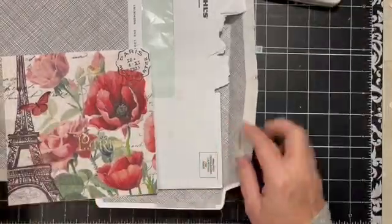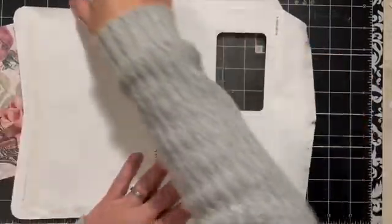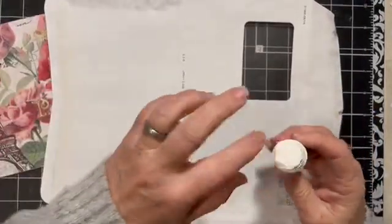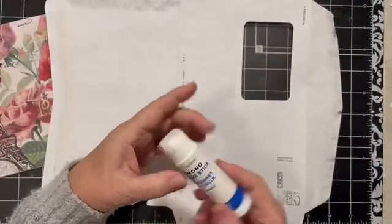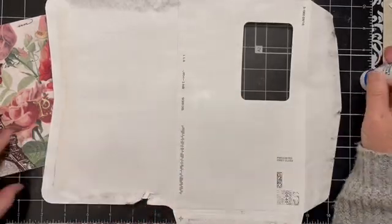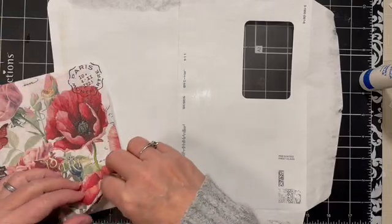So we're going to start with the napkin, and I have my large envelope here, and I want to put this napkin onto this envelope. I have my mono glue stick, and I get these at Spectrum Art Creations. Oh, you know what? Before we do that, I was going to have my napkin ready, and then I thought I probably should go ahead and say something,